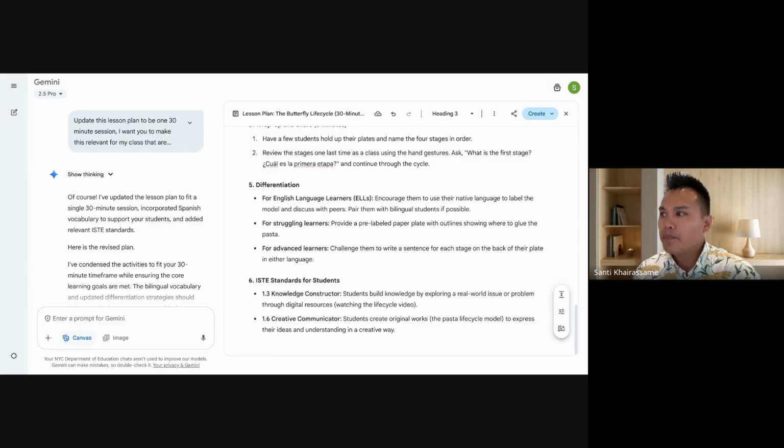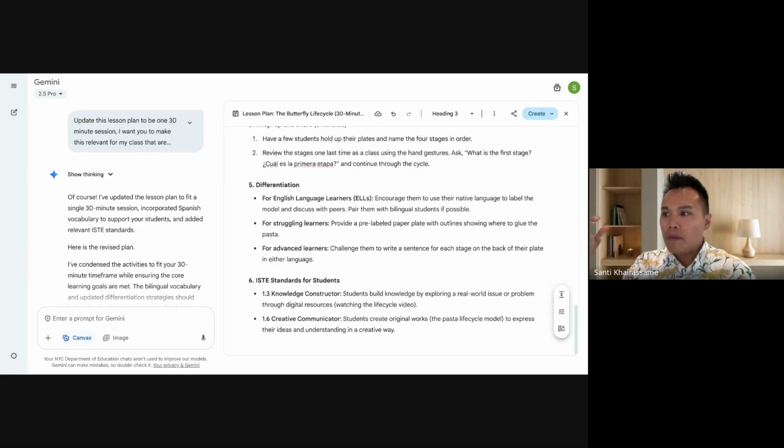And one of the best insights I received from a teacher is that he said, there's so much focus on using these tools to be faster and easier. But what the real value of these, I believe, what he was saying, is that these can make your resources better and more engaging. So you already have really great resources that you've used over the years.